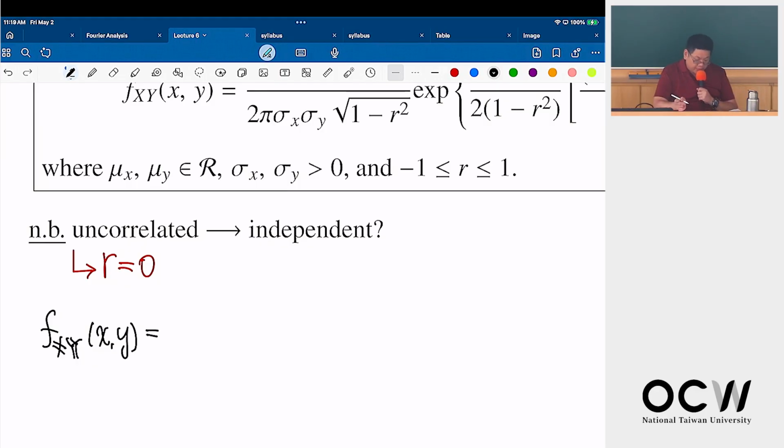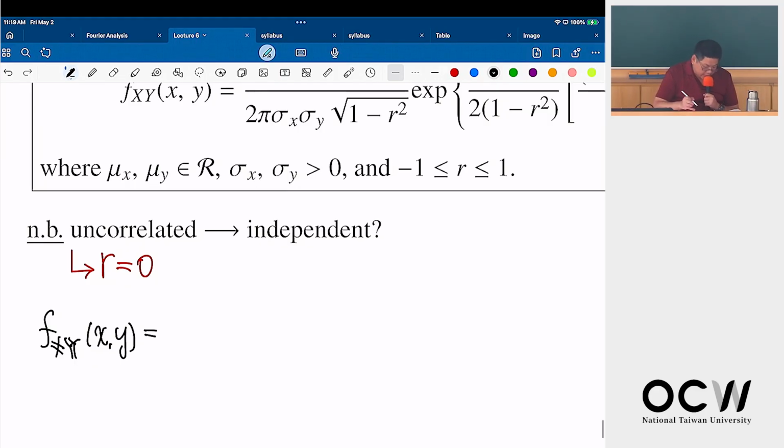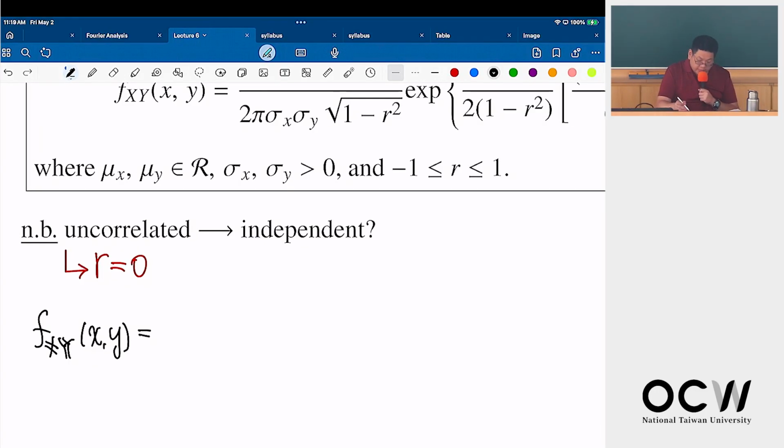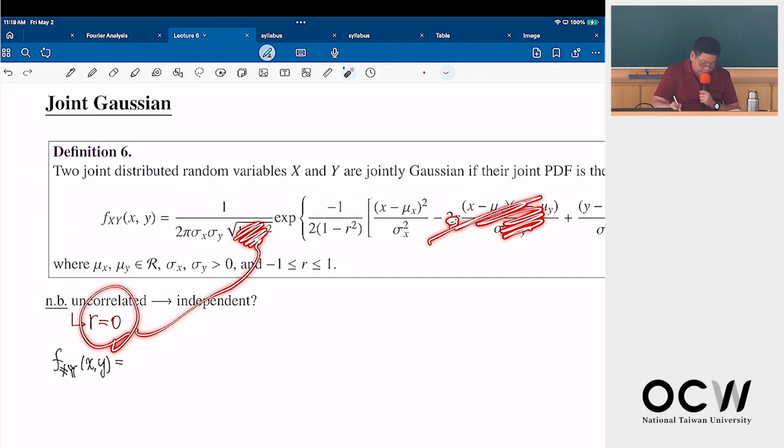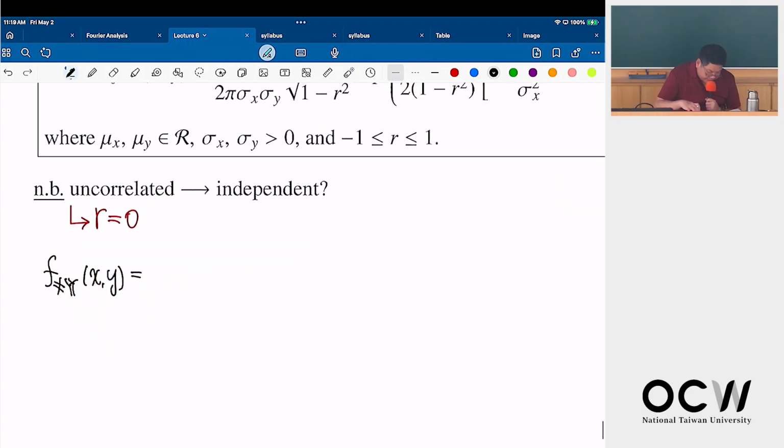If x and y are uncorrelated, so r equals 0, I don't have this term. R equals 0, I don't have that term. R equals 0, this is 1. Okay, so we can rewrite